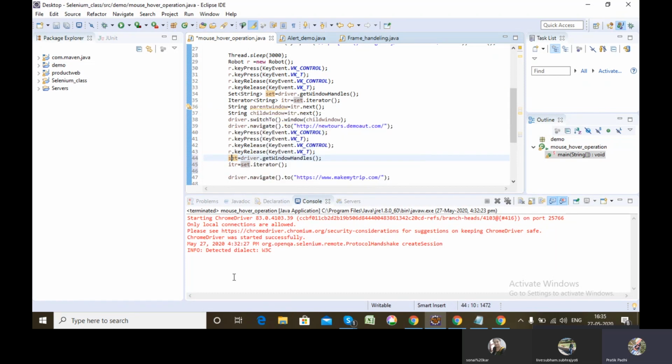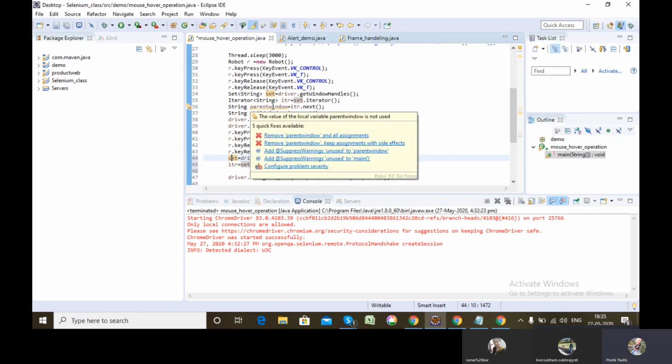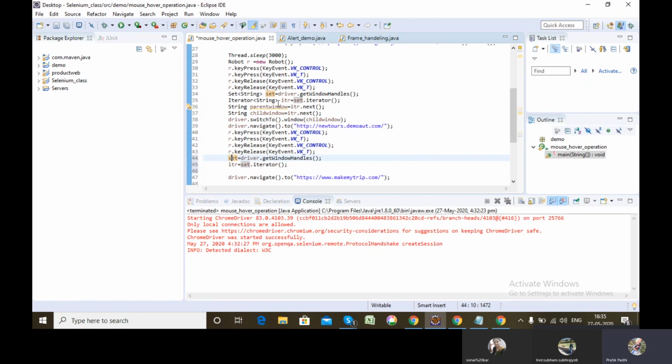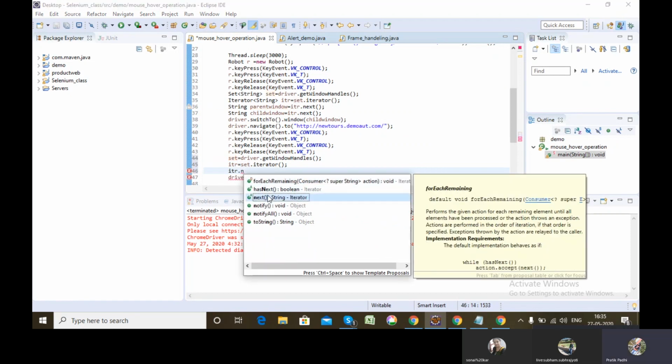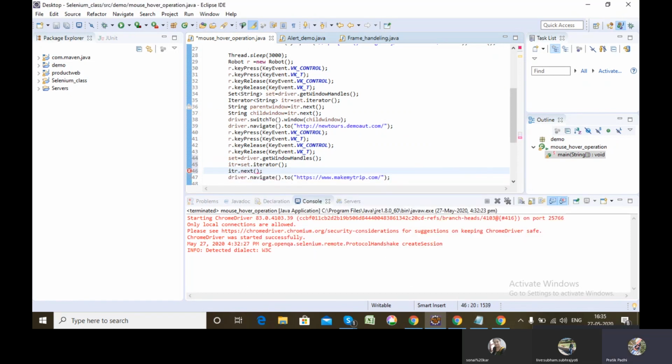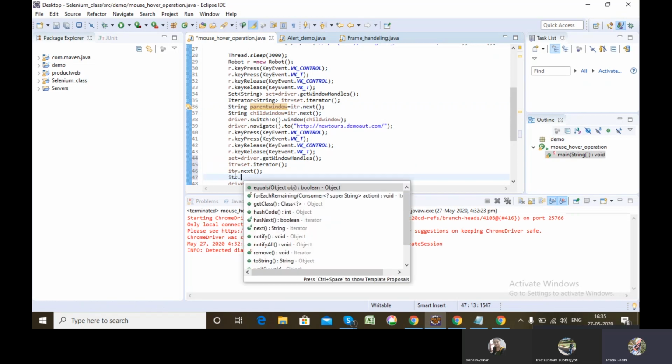I have already stored the parent window, meaning the first tab ID and the second tab ID. I need not store them again. I just want my third tab ID. So what I'll be doing is itr.next. I need not store its value because I have already stored it in the variable parentWindow. Then I'll also do itr.next.